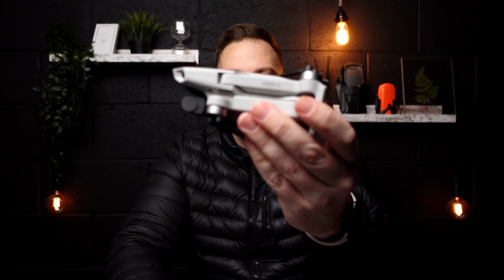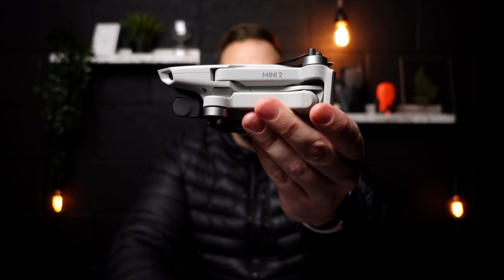So from reading these comments, a lot of you want to see this drone in 2022. In this video I'm going to quickly discuss what I think is the most anticipated drone for this year, and this is a replacement to the DJI Mini 2. Let's discuss. Now the DJI Mini 2 came out in November 2020, which seems a lifetime ago, and that drone